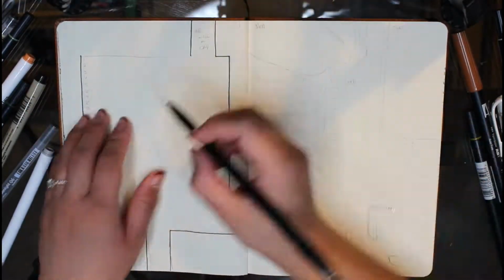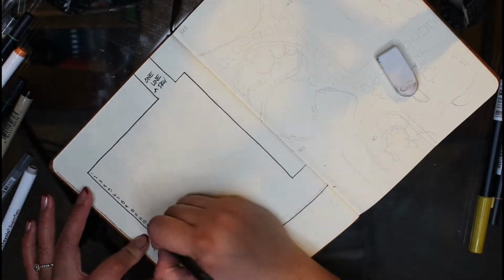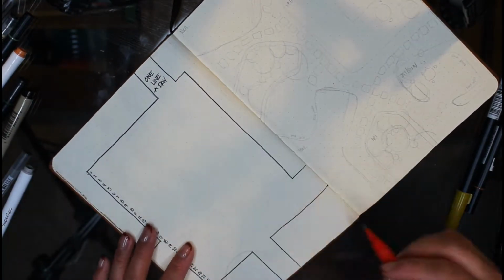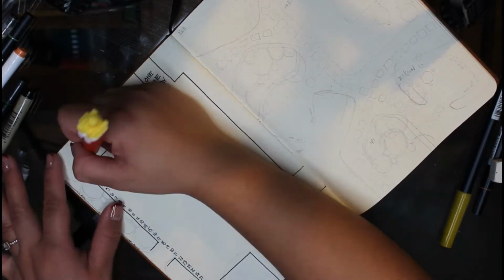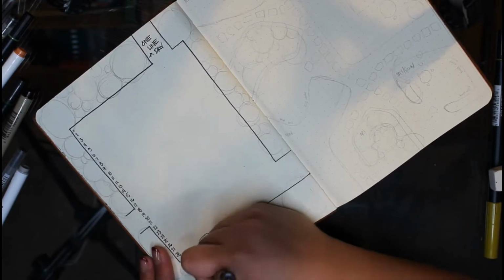And here we go. This is my favorite page ever. This is the 1 line a day. If you don't have a 1 line a day in your monthly bullet journal, just try it out. It's such a nice way to end your day. I try to do it every day religiously, but sometimes it gets too hard and I do 2 a day, or if I'm really behind, I just make sure it's not more than 3 days, because it gets hard to